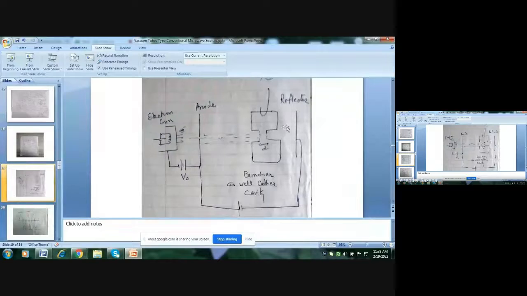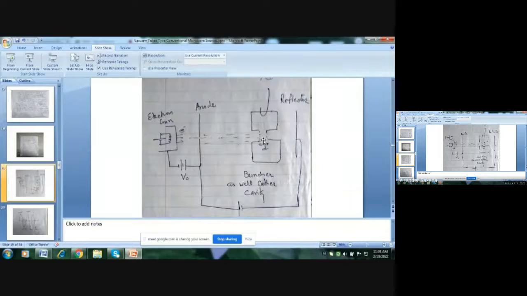Those electrons which have more velocity will penetrate more distance in the drift space, and those electrons which have less velocity are reflected back earlier. So there is a difference in the bunch center, and the same cavity